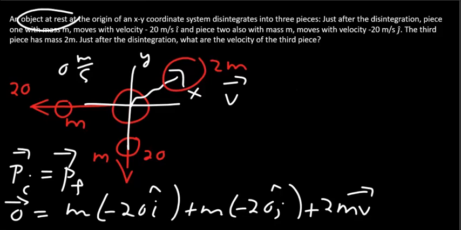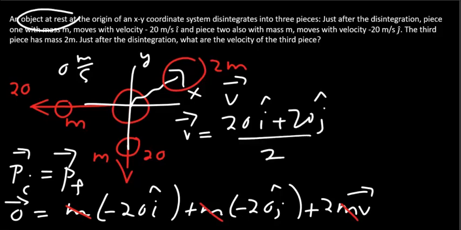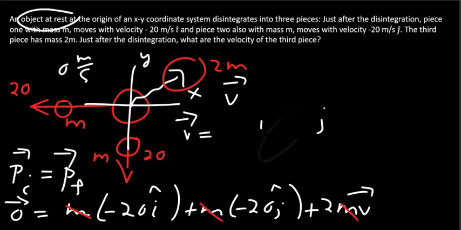You see on the right, all the terms have mass m in them, so they will just go away. And immediately we can solve for the velocity of the third piece, and that's going to be 20 i hat plus 20 j hat over 2. And that's going to give you the final velocity as 10 i hat plus 10 j hat